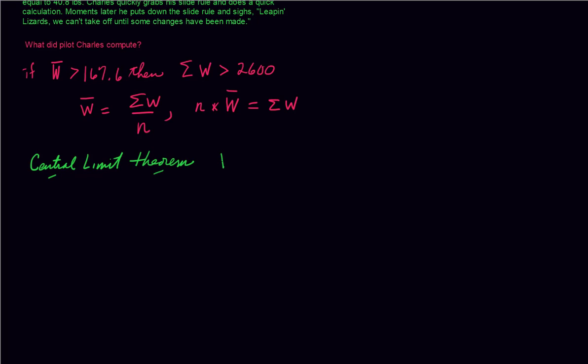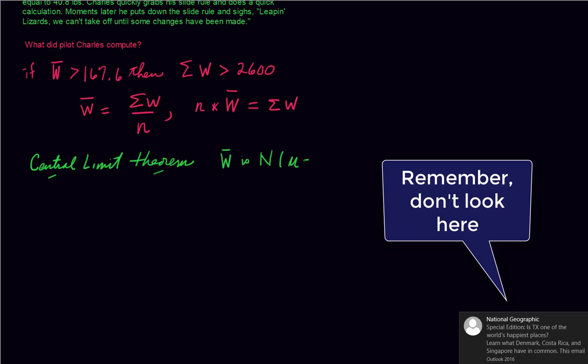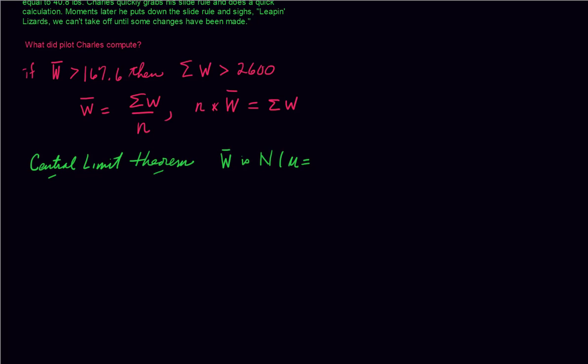A random variable, W for example, the weight of an individual passenger, would have an average if we take a sample of size n passengers. And the central limit theorem says W bar is normally distributed with a mean, now this is W bar for adult males, and so the mean is 182.9, and the standard deviation is the population standard deviation, which is 40.8 pounds, but, and here's the important thing to remember,